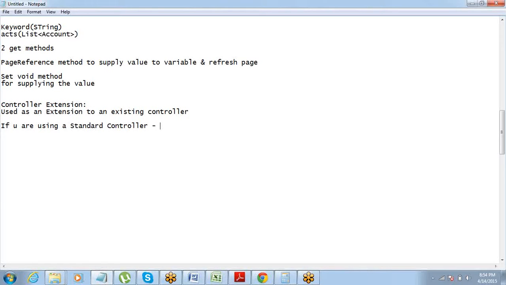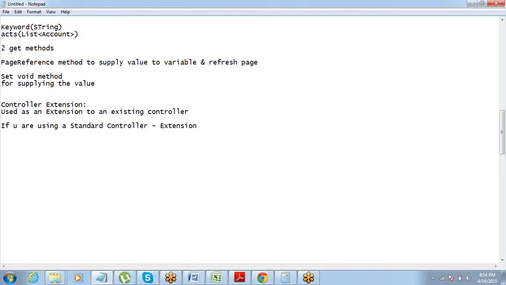Now if I'm using a standard controller and I'm required to put some additional functionalities on my page, then what do I do? For a standard controller, I never have the option of editing the controller. Can I do that? No. But I need 2 more functionalities on the same page. Then what will you do? Use an extension.